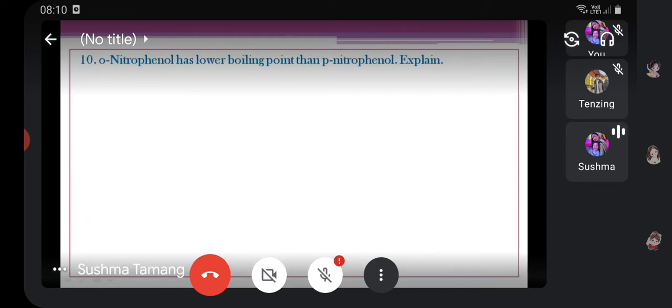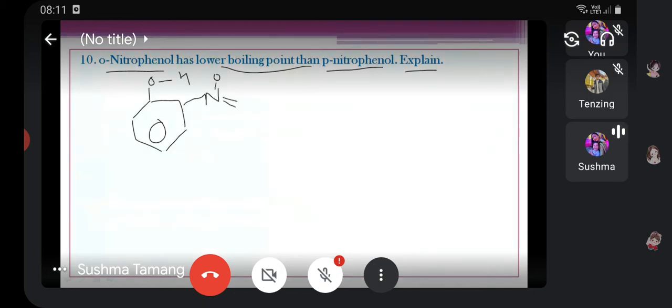Now here's the last one maybe. Okay, so ortho-nitrophenol has a lower boiling point than para-nitrophenol. Explain. So ortho-nitrophenol, what is the structure? OH, NO2. Now यहाँ जुन चाहिँ ortho-nitrophenol, यहाँ के हुन्छ भन्दाखेरि OH को H and this NO2 को O, they